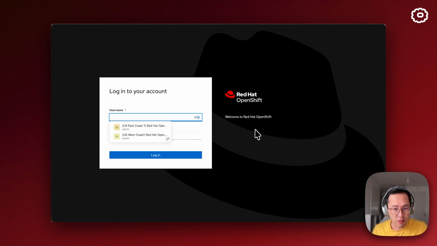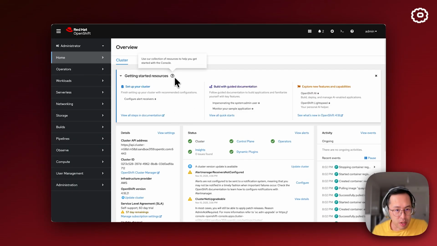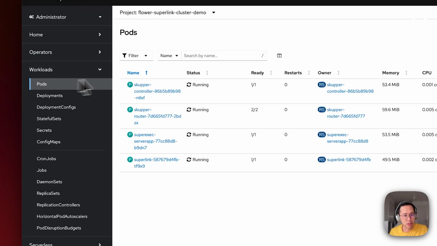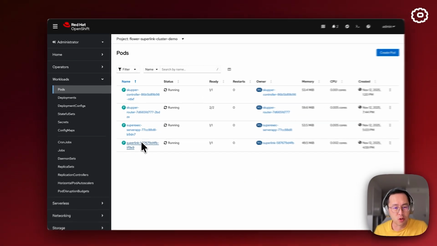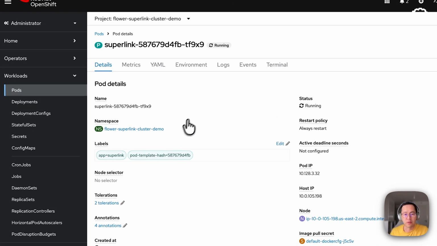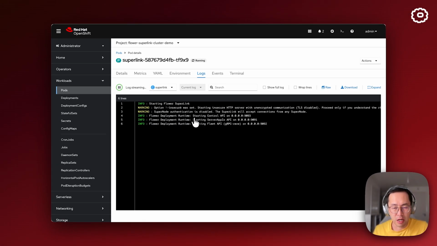This is the Red Hat OpenShift cluster from the first video, and I'm just going to log in to see what we have accomplished. So in the console overview, you can go through the workloads and click on the pods, and you can see over here that we have the SuperLink up and running, and also the SuperExec that's running the server app with the server app plugin. If you look at the SuperLink logs, you can see that it has started and it's ready to accept connections